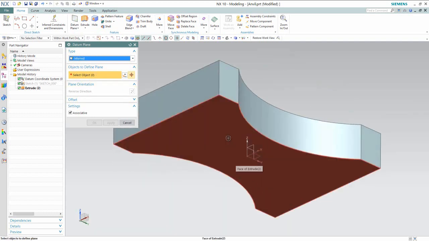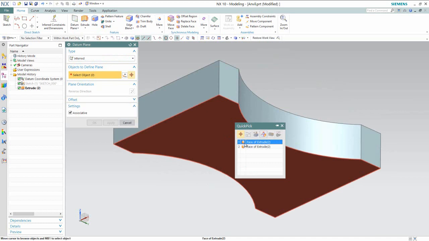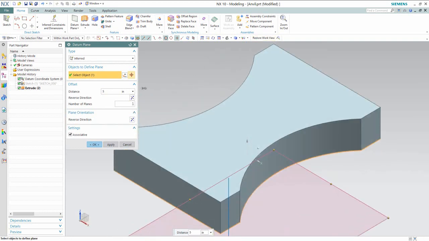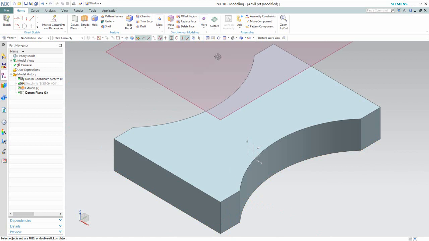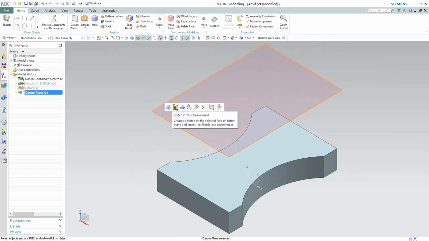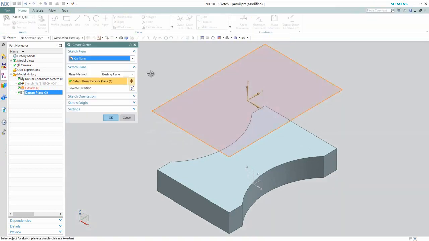Select the bottom face of the feature and set the offset distance value 7.5 inches. Choose reverse direction. Now see the result. My plane is created over the previous feature, and create a new sketch on this plane.